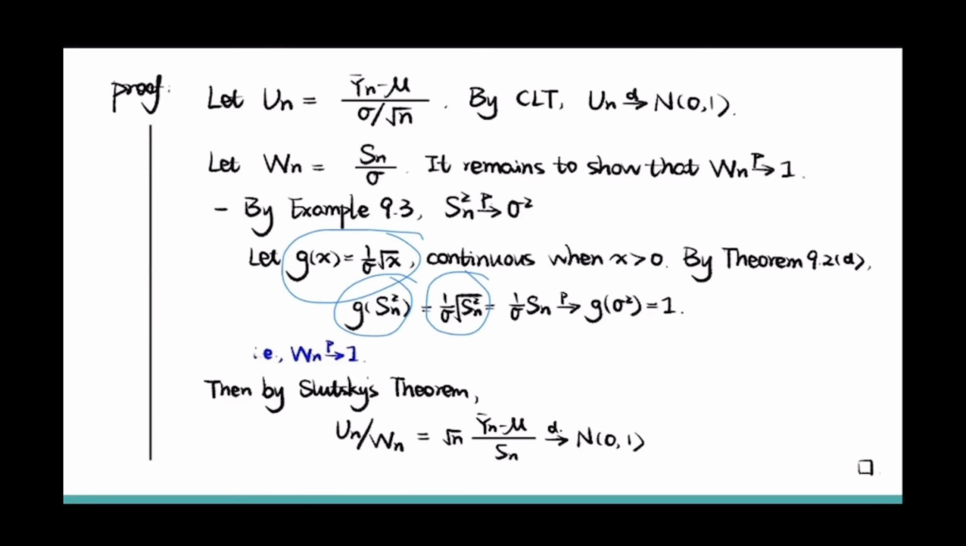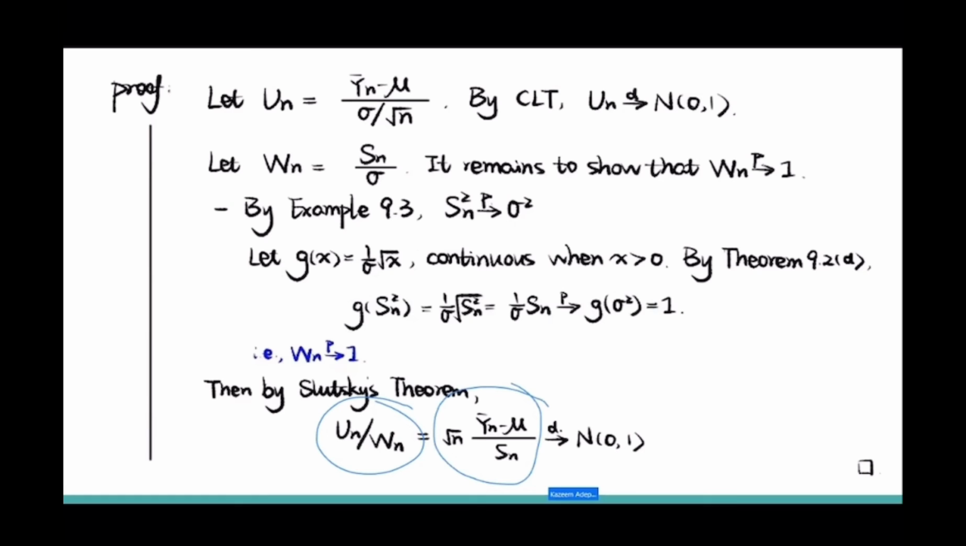Because of that, this is going to give you one. Okay, it's going to give you one, and one can conclude that the Wn actually converges to one in probability. Okay, so let's get the theorem again. If I have this guy now, where this is Un divided by Wn, this is actually going to be